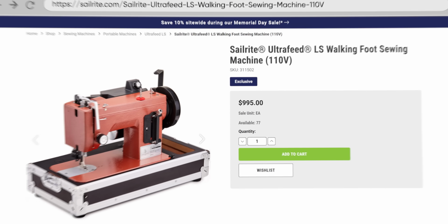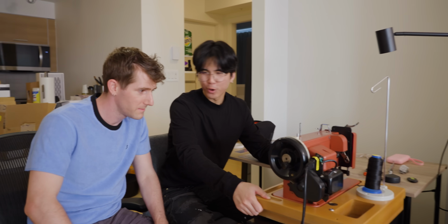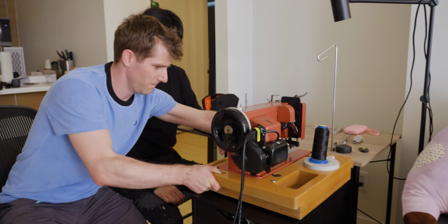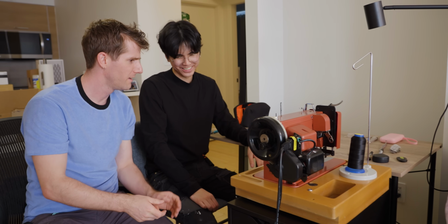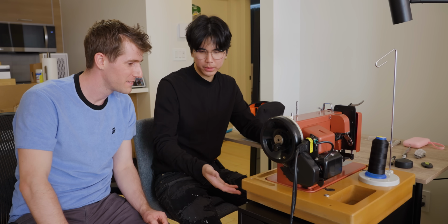Okay. So this is an industrial machine from Sailrite. I picked this one because it's portable. It's still heavy. It's nice because when I'm done with it, I can just tuck it under the desk, so it's not just sitting there. As opposed to other industrial machines, you need a table for it because